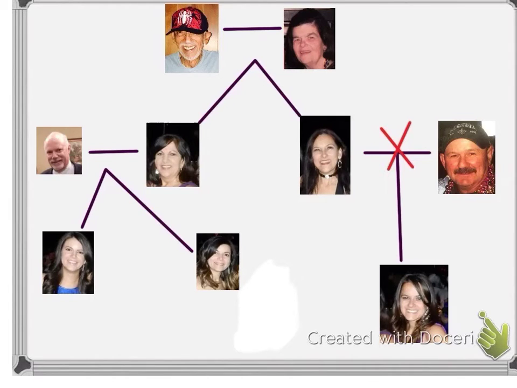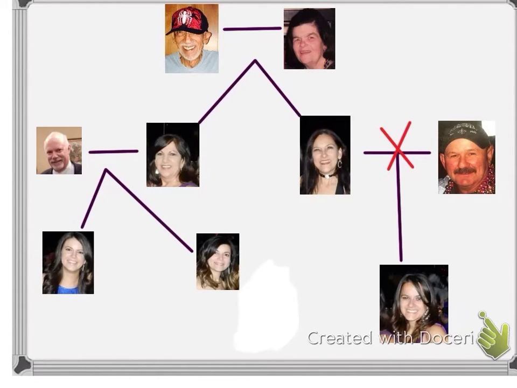Okay, now that you have your words copied and I have my laser pointer in this particular program, I am going to touch underneath the picture of the person that is the relationship to me, say the word in Spanish, and then tell you what it means in English. The words that you copied above the blue line are the ones you're going to be using for this particular slide, and I'm going to go in order. So we're going to start off, and I'm going to touch the people underneath their picture.